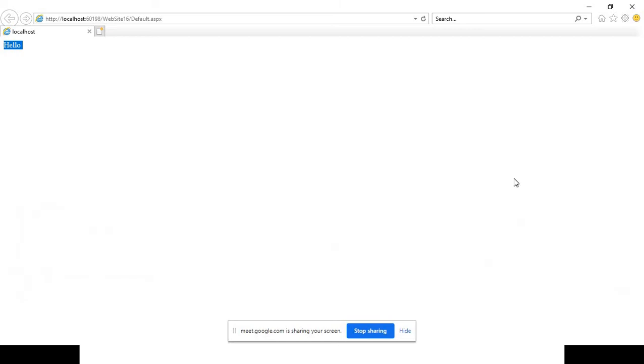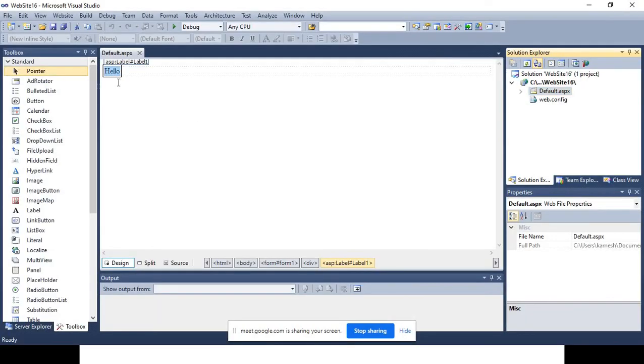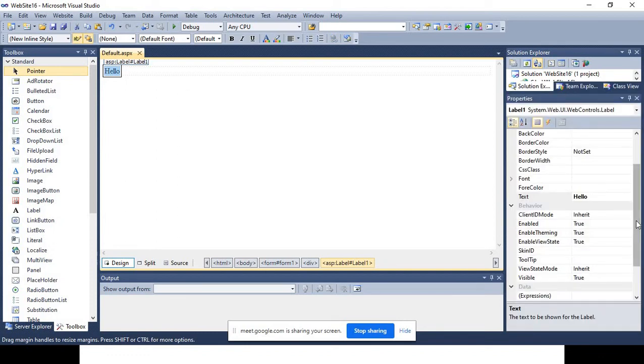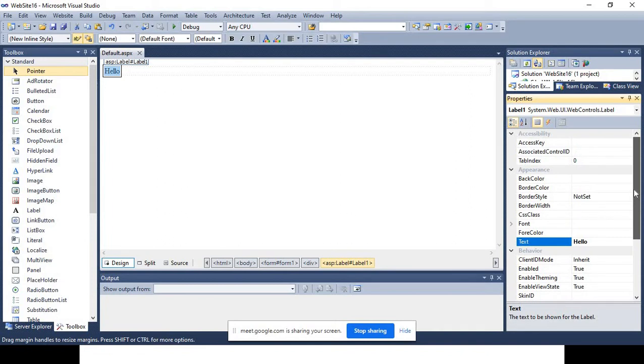Okay, fine. Now what I'm doing is removing the label from this web page, and instead of that I'm putting a literal control. But before doing this, check how many properties that label control holds. There are so many different properties: back color, border style, border width, CSS class, font, forecolor, text, right?